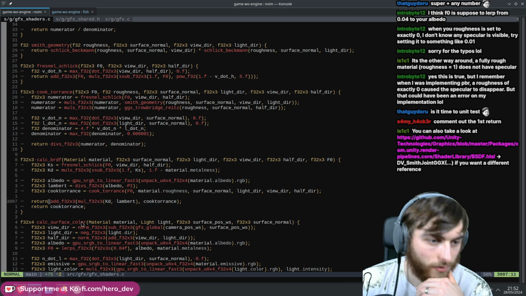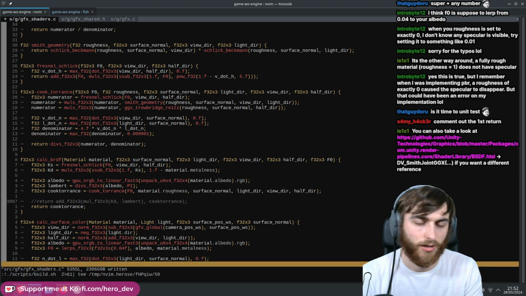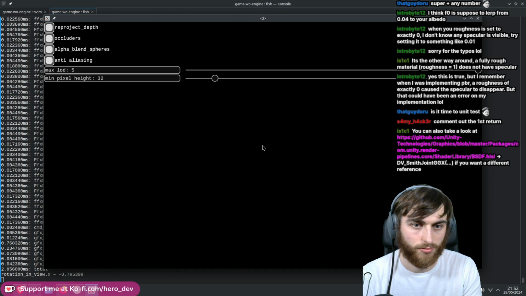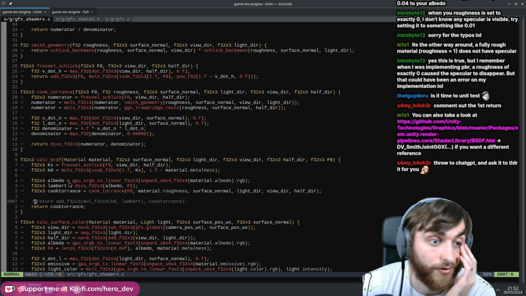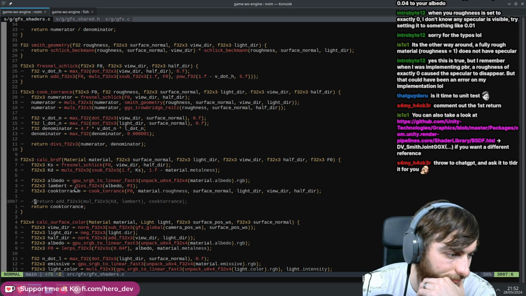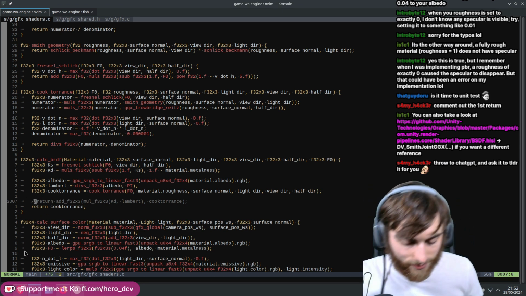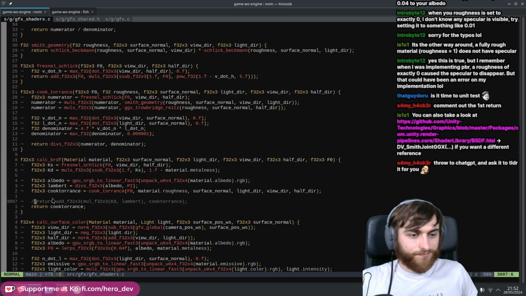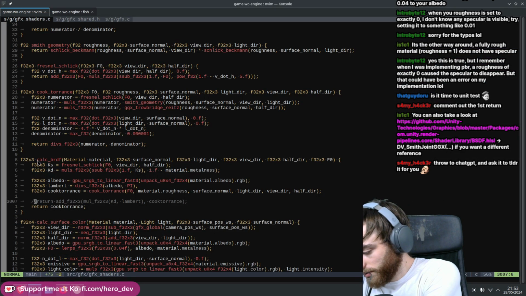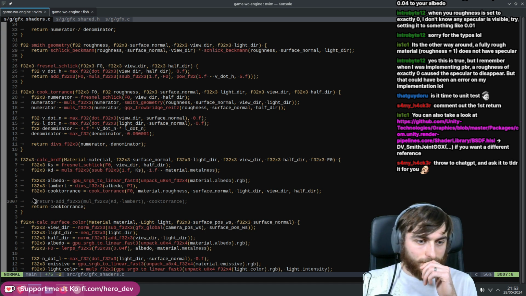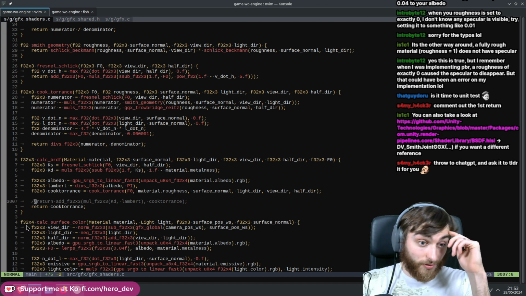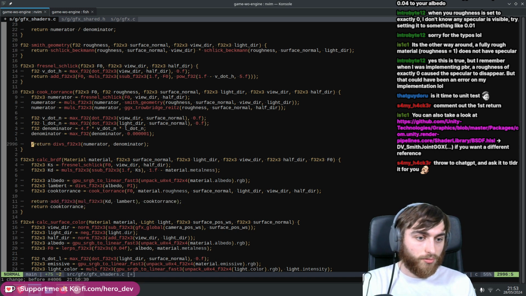Okay. So let's see this Cook-Torrance thing and see how that looks. Right, pitch black all the time. So that's kind of obvious. We're not seeing any contribution there. Yeah, ask ChatGPT for a TLDR, it's probably a good idea. I shouldn't use ChatGPT at all. I played around with it though. It's interesting. But yeah. So our Cook-Torrance thing is basically 0, which is kind of obvious because it is the